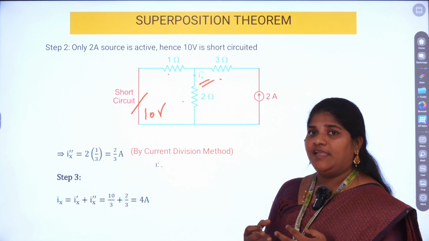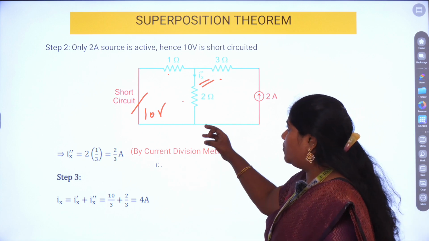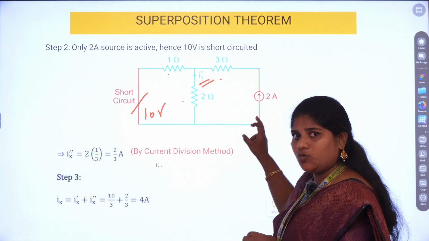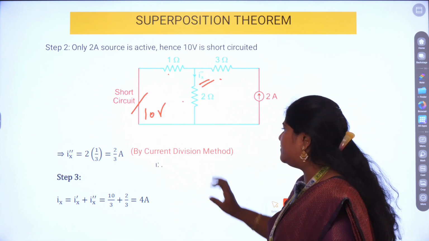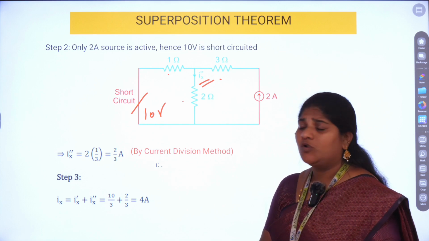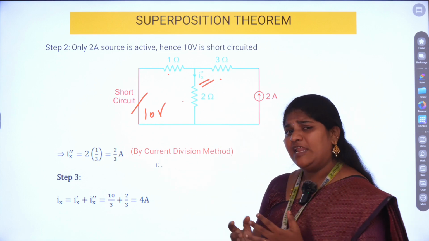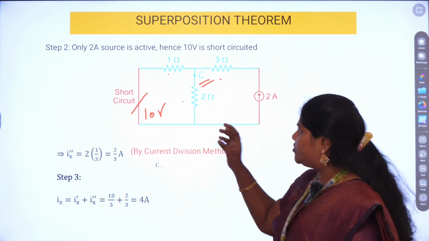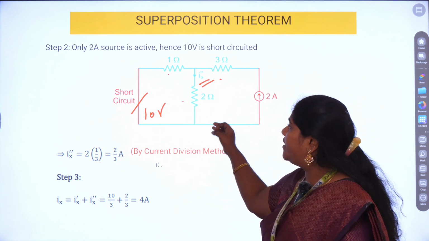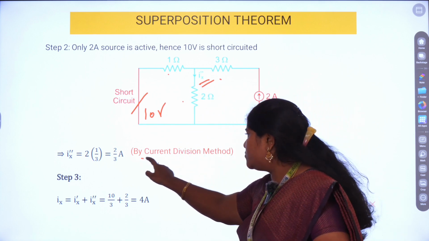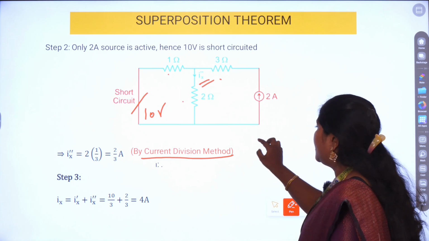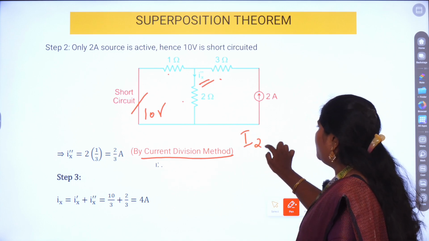So with that knowledge, I came to know this 2 and 1 are parallel to each other, and since I have a 2 amp source, this is nothing but the current division method. Using the current division method, one can easily find the amount of current flowing through any of the parallel branches, right? So it is very clear 2 and 1 are parallel branches. So using the current division method, the formula goes like this: current through the 2 ohm resistor is equal